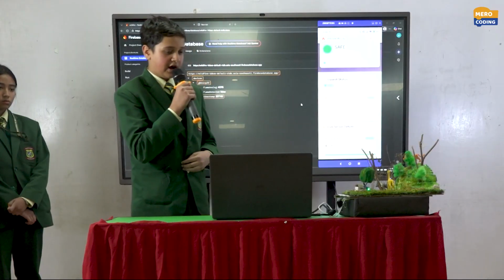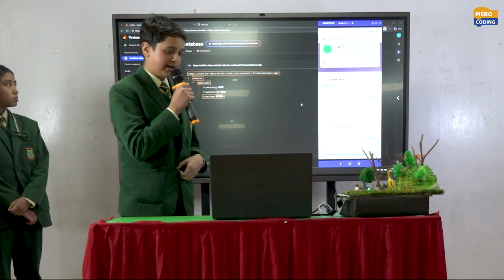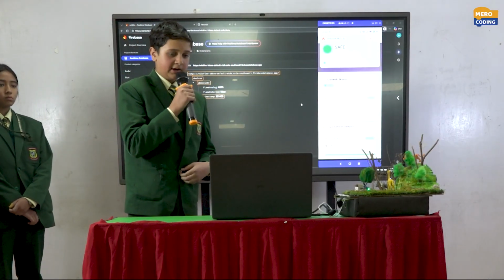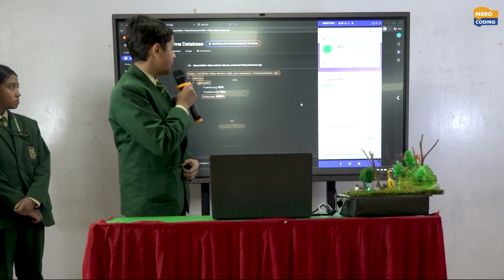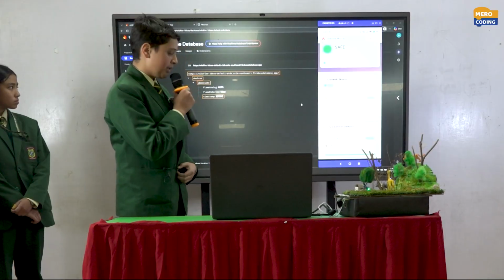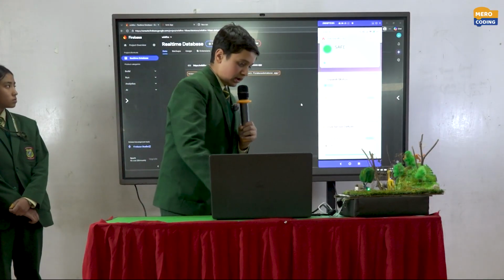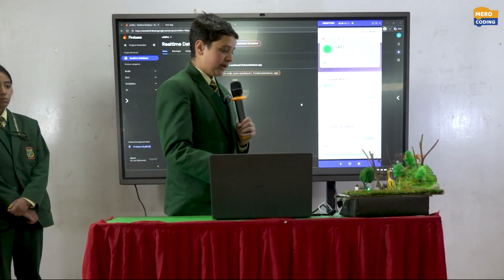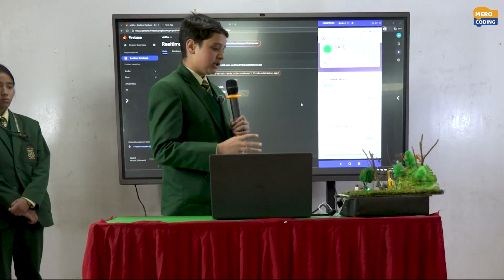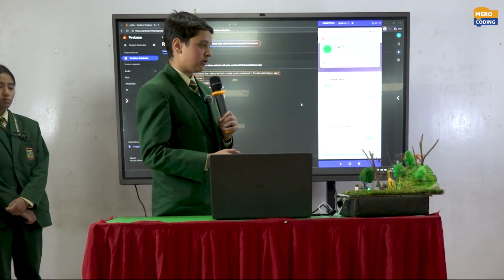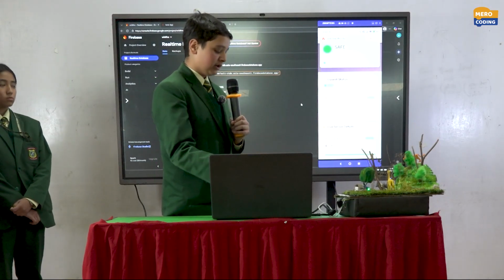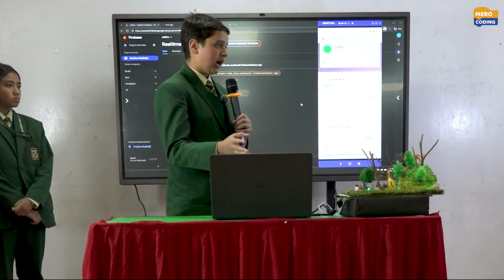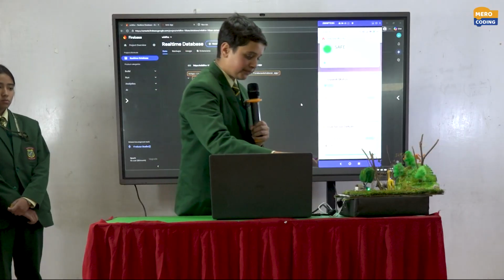This is the Firebase console where our real-time database is being shown, and the screen you can see on the right is our mobile screen for the mobile app. When I ignite a flame near the flame sensor, it detects the flame and sends the signal to the ESP32, which sends those signals to the mobile app through our Firebase.